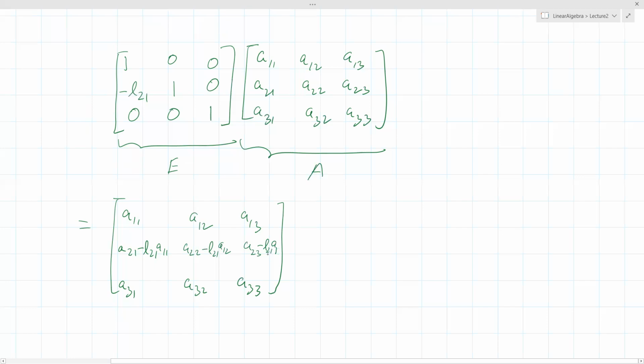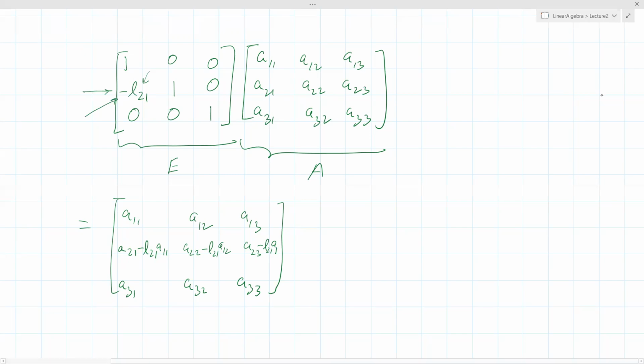It is subtracting L21 times row 1 from row 2. Is that all right? Please understand, this is very important. The positioning is very important. Whichever row you want to get subtracted, you have to put it into that particular column, and the row will correspond to the row from which you want to subtract. So you want to subtract 1 from 2, so you will put this in row 2 and in column 1. Is that all right? Okay.